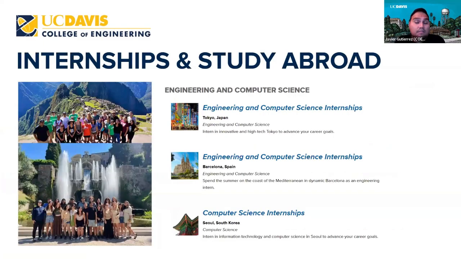Internships and study abroad is super important. There's a weird misconception out there in the world that engineers cannot do study abroad programs, that you don't have time to study abroad. And honestly, that's just not true. So not true that specifically UC Davis has specific opportunities for engineering students to do study abroad programs. For example, the engineering and computer science internship programs that happen in Tokyo, Japan every single year, or the engineering or computer science programs that happen in Barcelona or Seoul, South Korea, or in Mexico City, or in other parts